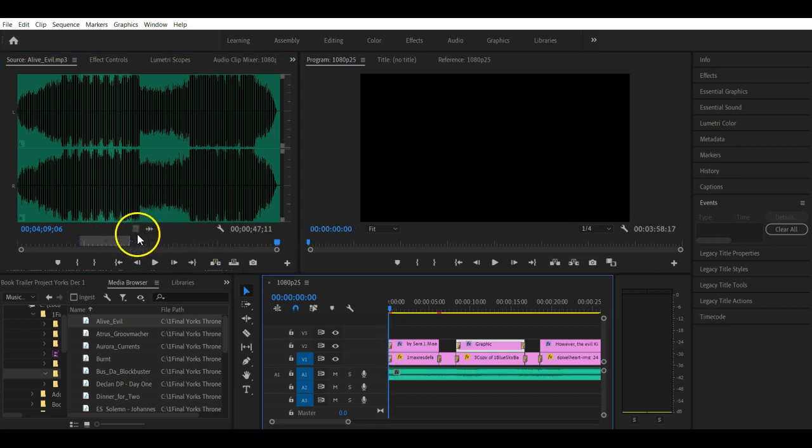Now remember the keys here, if you have a video, you can drag just the video, which remember if you do happen to use a video clip, it cannot be longer than 10 seconds. But if you found a song that you like and there's a video attached to it, you can drag down just the audio from that video to your timeline. And then when you add the next audio,